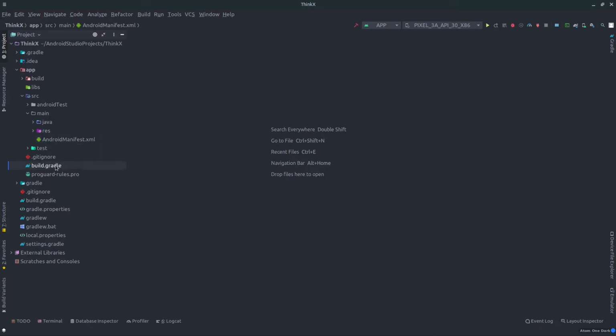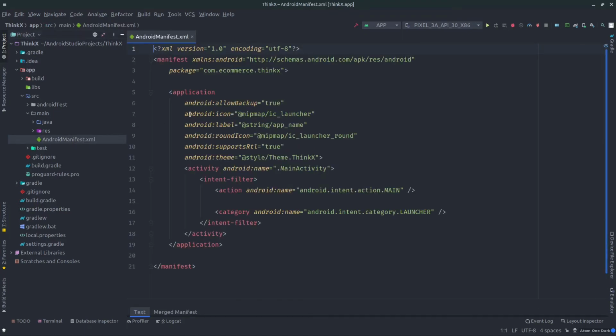The first important file I showed you was build.gradle. The second file is AndroidManifest.xml. Let's open this file and take a look at this. Now you can see it says a lot of things here. First of all, you need to understand this is an XML file which starts from tags like these. You do not need to memorize these tags. Even I don't memorize these tags. These are automatically created for you, so no need to memorize these. So basically this is an XML file.